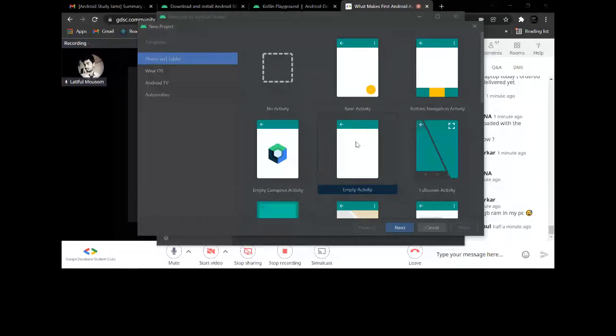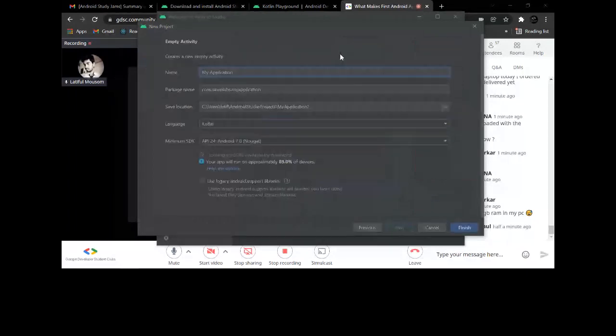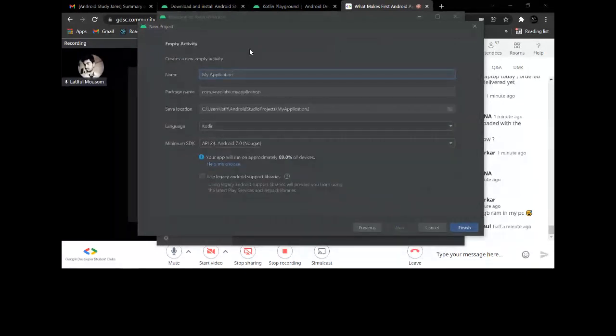By default, this template will be selected, an empty activity. So we'll go for that. Every default option will not do anything, and it will redirect to this page. So this is an empty activity, and what does activity mean? Activity means the screen.